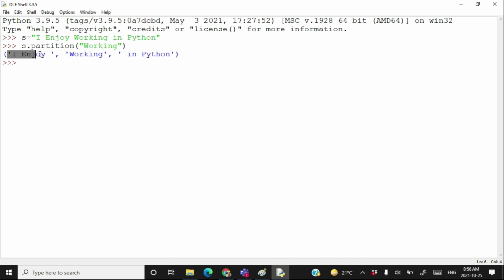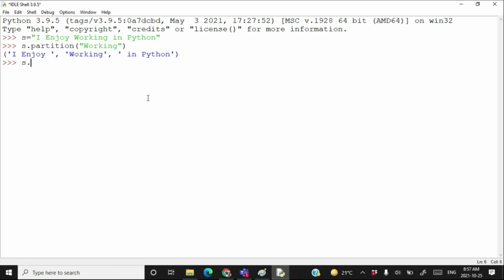The first entry is the part of the string before the separator string, the second entry is the separator string itself, and the third entry is the part of the string after the separator string. So the partition method always partitions a given string into 3 parts: the part before the separator string, the separator string itself, and the part after the separator string.